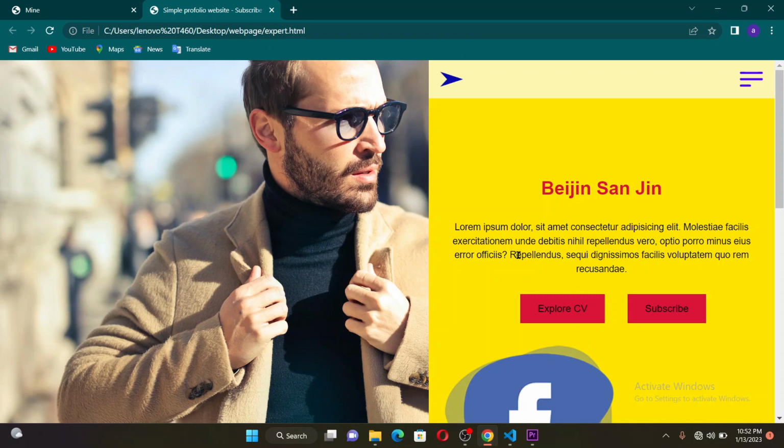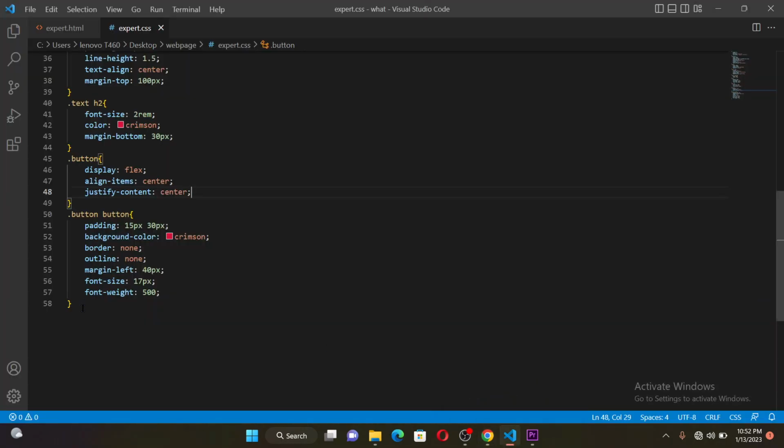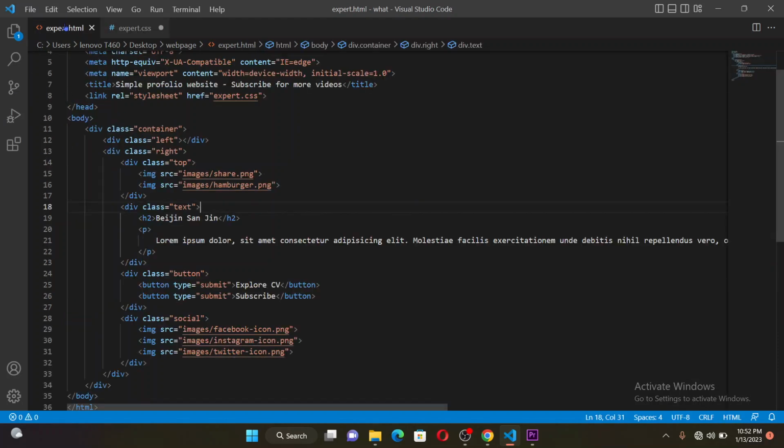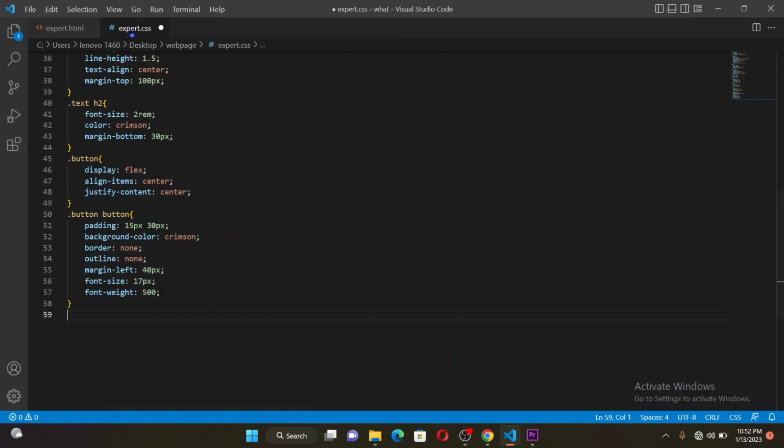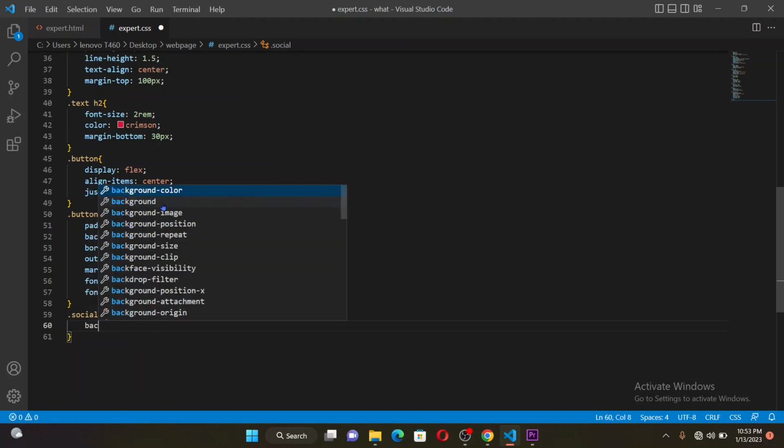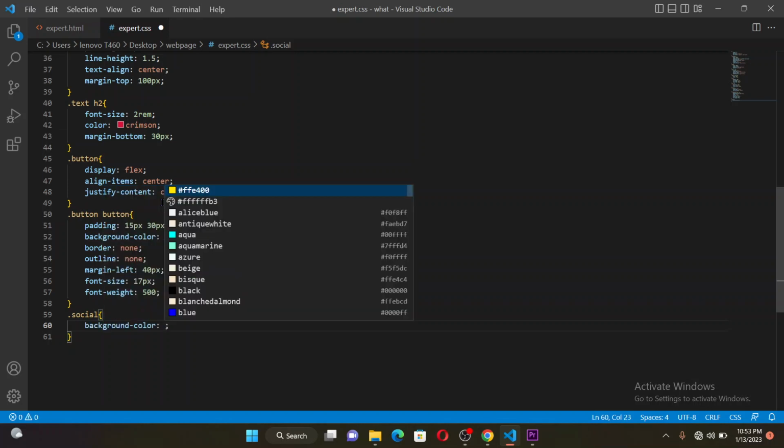Okay, to start with these social media links, now let's come back here. As you can see in my HTML file, all the media links are in the social class. So now I'm going to target the social class, and I'm going to declare the background color for this class, which will be now